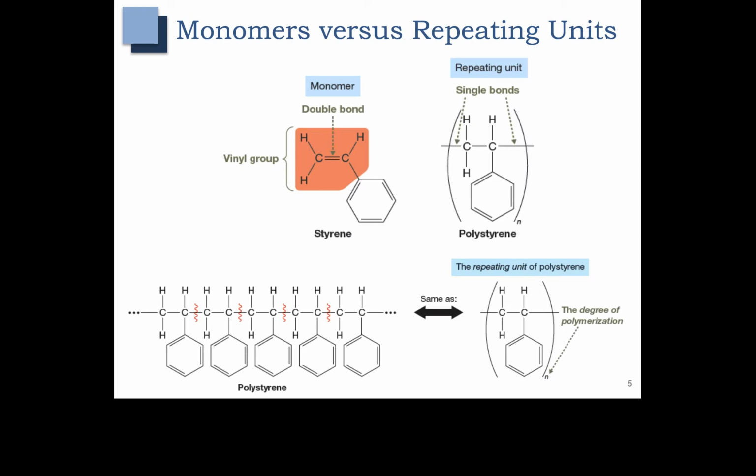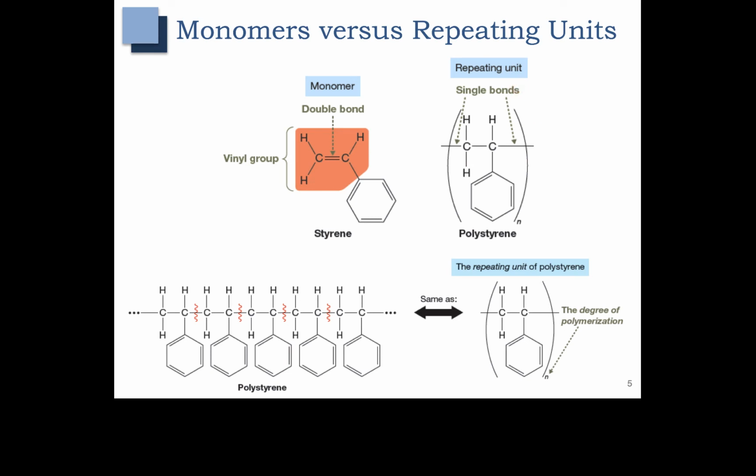In polystyrene, we saw that styrene was the monomer. That means that it takes several styrenes to react multiple times and form the polystyrene polymer. You can see that this is represented in a couple of different ways. We talked about using the squiggly lines to represent the repeating chain. You may also see these parentheses